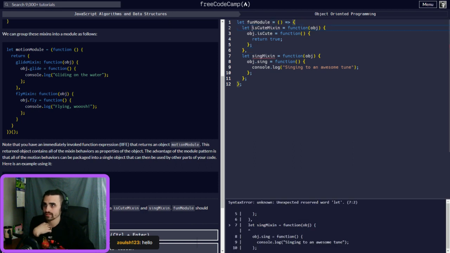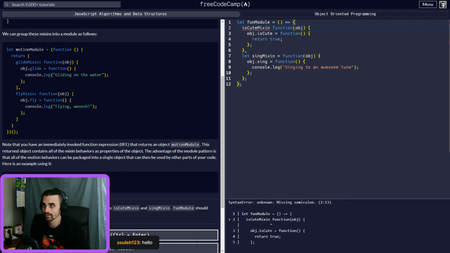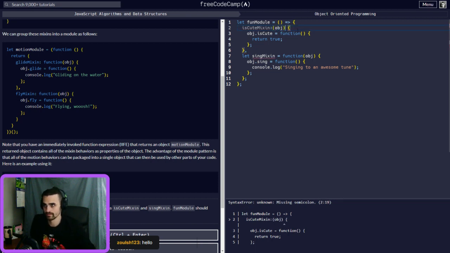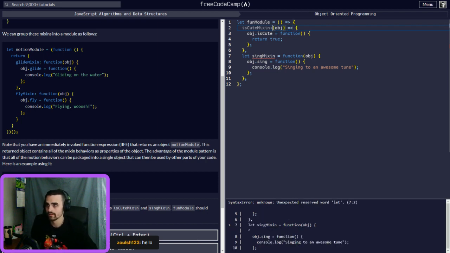We're going to make the isCute mixin an object property. We have the function; instead, let's make this an arrow function, right? So the object dot isCute.